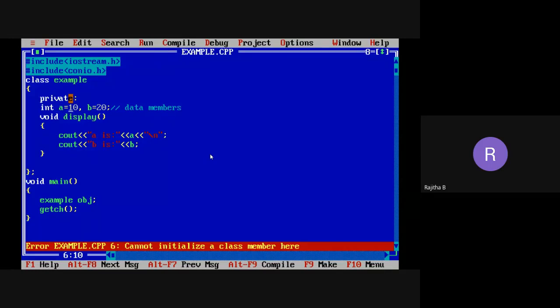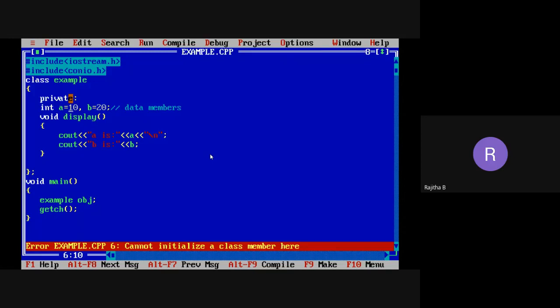Okay, we'll discuss this one now. How to assign the values to your data members if it is private? So now, listen carefully. Some compilers will support the initialization statement at the declaration statement itself. If you want to assign the values to your data members in the class, it is possible in present compilers. But coming to Turbo C++, it is the old compiler. It does not support initialization at the declaration statement here.